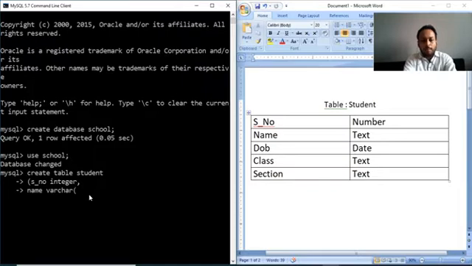It means in the name column we can enter up to 30 characters. Char and varchar are the two data types which are used to enter text in the database. We'll learn later what is char and what is varchar. Now we just want to learn how to create a table.